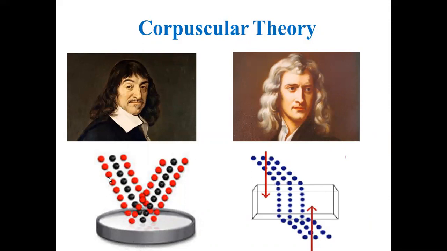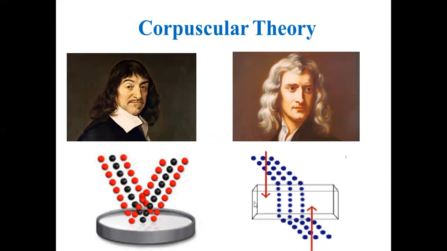As soon as these corpuscles fall on the surface, there is a normal force like this, and the corpuscles travel in this direction. Suppose a football is moving like this, and if you kick the football in one direction, it changes direction, in the same way. Whereas a refracting surface, say this is a glass slab, what happens? When corpuscles fall on the refracting surface, they are attracted by the surface normally. That's why they change direction.